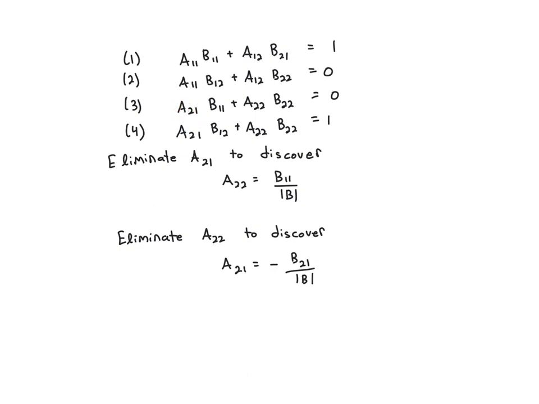Try to eliminate A21. Well, how would you do that? I would try, so it has a coefficient B11 here and B12 in the last equation. So I would take B12 times equation 3 minus B11 times equation 4. If you do that linear combination and solve, you will discover that A22 is equal to B11 divided by the determinant of B. So finally, if you try to eliminate A22,